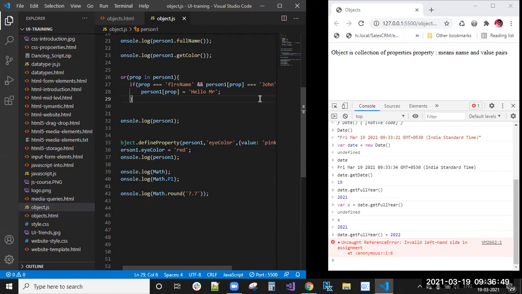Tomorrow is Saturday, right? I'll let you know. I think the next class we'll have arrays, which is also an important class. After that, JavaScript events, which are also important. Then I will take one form and explain how form validation works and how we can submit the form values. We'll discuss those in one class. So up to 2 or 3 classes, we will complete JavaScript, then we will move to TypeScript. Okay, bye everyone.